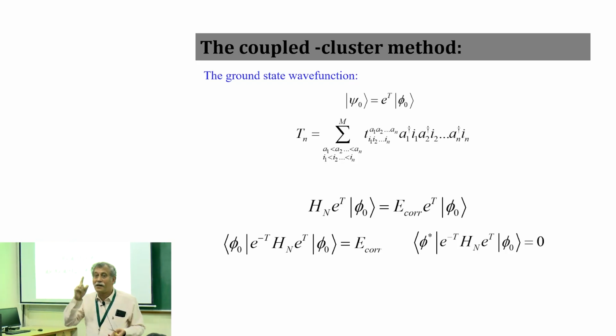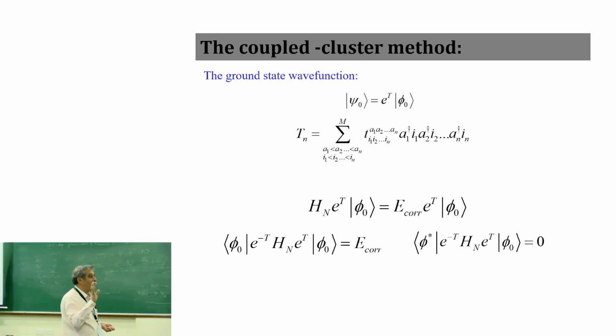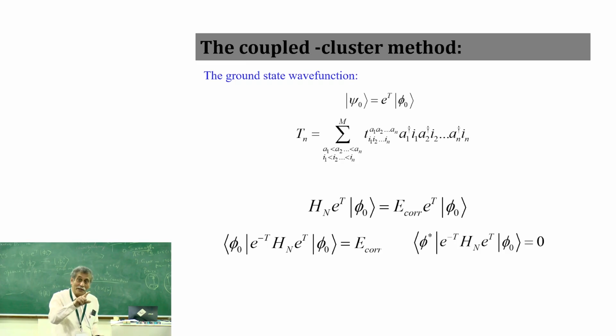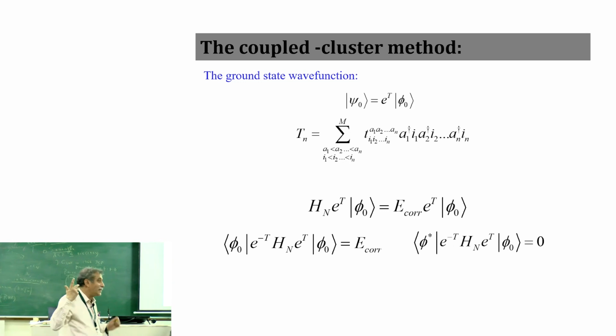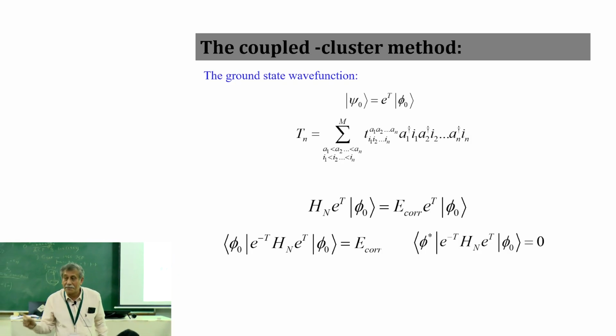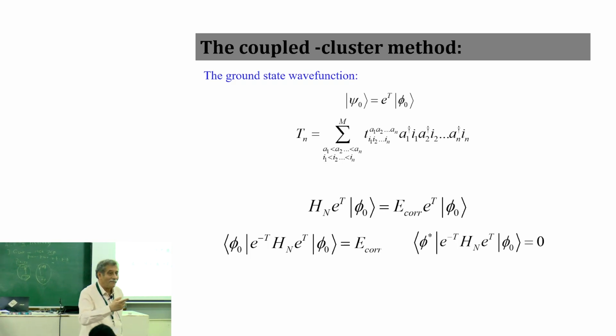So you will never have heard of exponential T1 Hartree-Fock theory for the ground state energy. You have a CIS. CIS is at least good for excited states. CCS is good for nothing. Having said good things about CCS, CCS is worse than CIS, doing nothing. So the first thing in CC that is done is CC doubles. They never do singles separately. They first do coupled cluster doubles. Then in the presence of doubles, you can do singles.